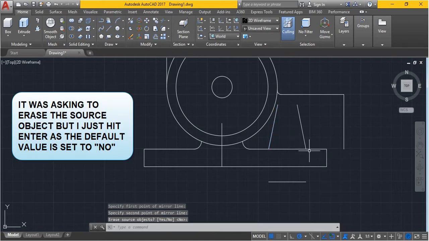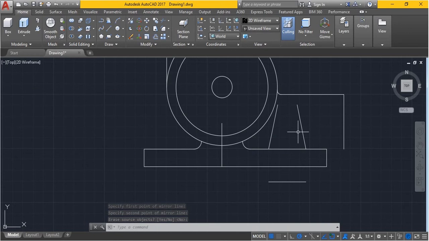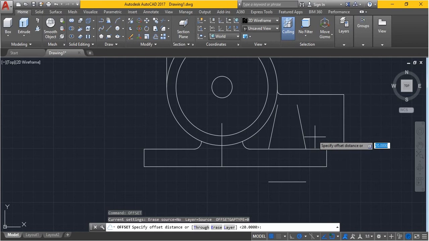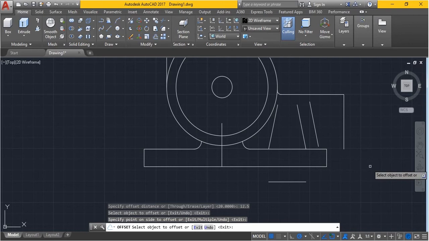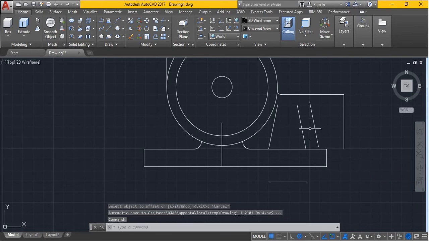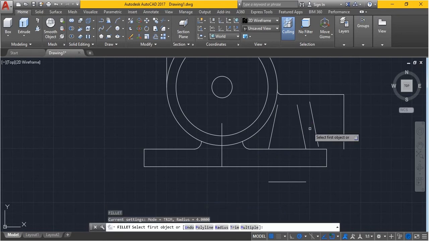So now I need to offset this line at the same angle by 12.5 mm. So F, dimension 12.5, select the line, and yes. I also need to apply a radius there, which will be 7.5, so type F, enter radius 7.5,